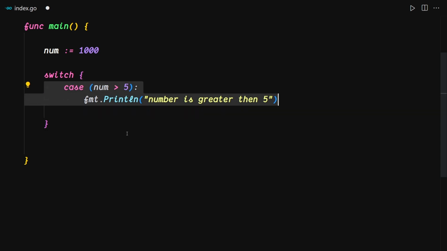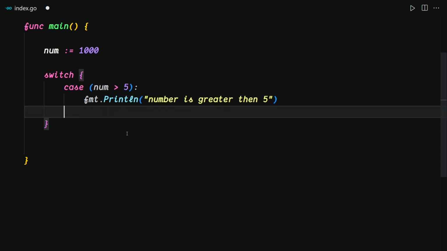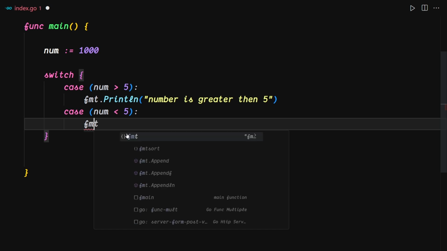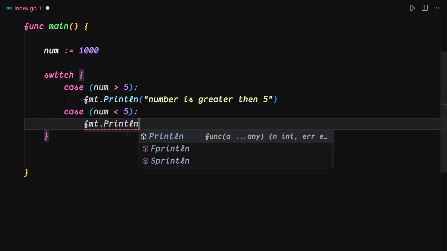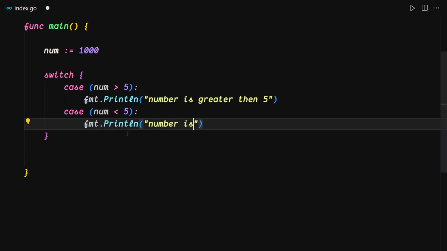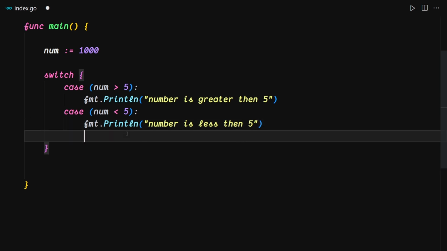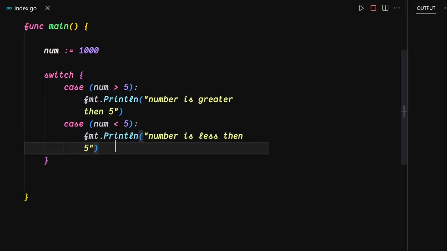Let me just provide a little bit of indentation there, and I'm gonna just provide another case: case num is less than 5. So what do you want to show to the user? We just want to show to the user fmt.Println of number is less than 5. So if this case does not match, finally, I'm gonna take care of the default state a bit later, but that's it. I'm gonna just save this file,